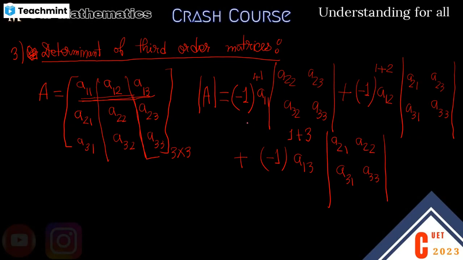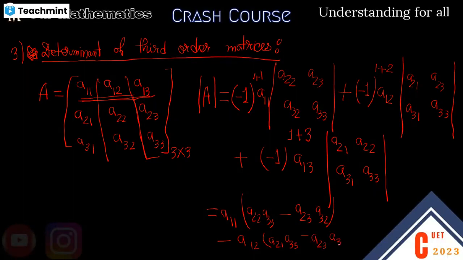So now just solve this, you will get a11 into a22 a33 minus a23 a32 minus a12 into a21 a33 minus a23 a31,